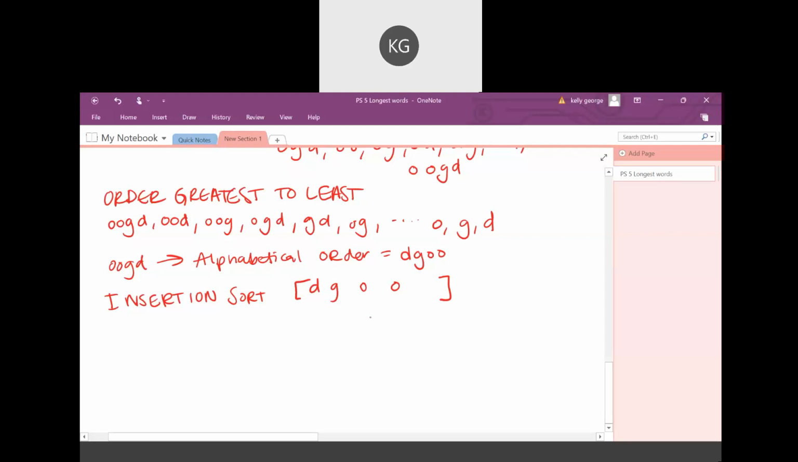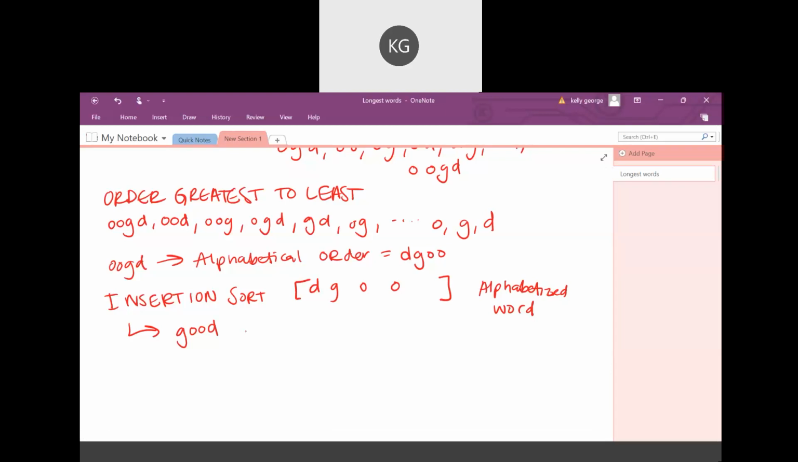Okay, so now that we got it in alphabetical order using our insertion sort, we can go through words.txt and compare DGOO to each alphabetized word. And from that, you're going to get good, because good is DGOO and OO in alphabetical order. And then that would return